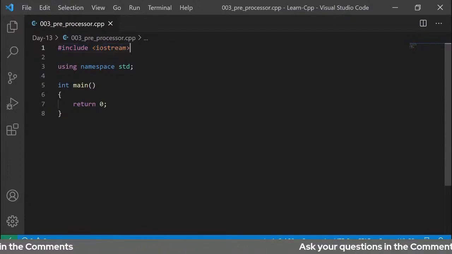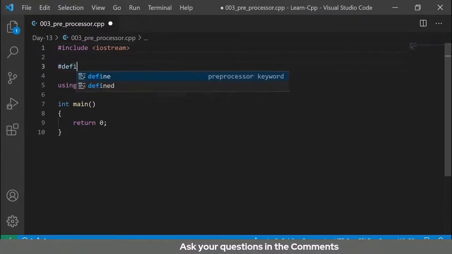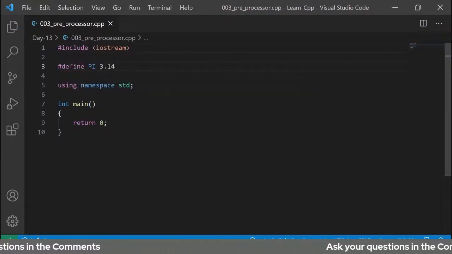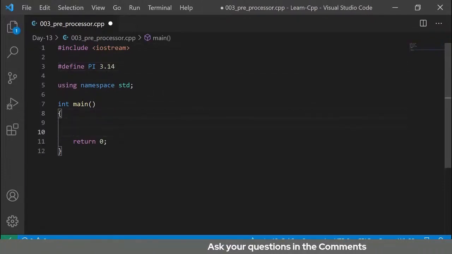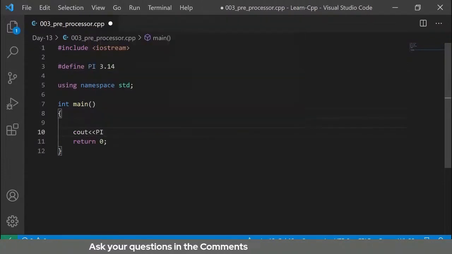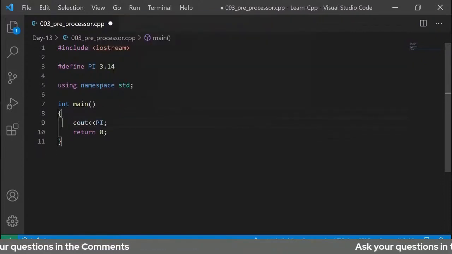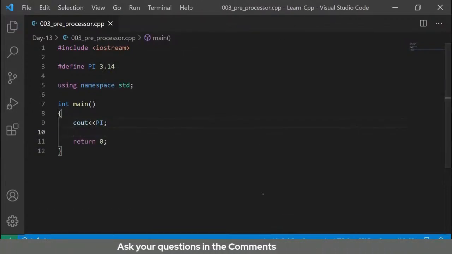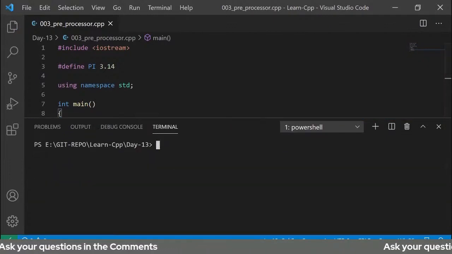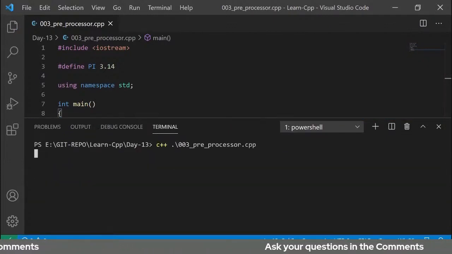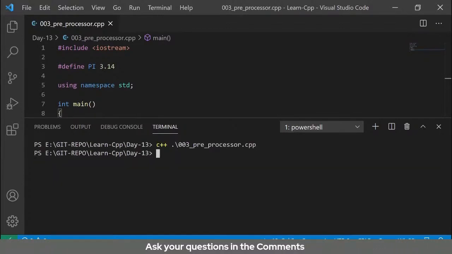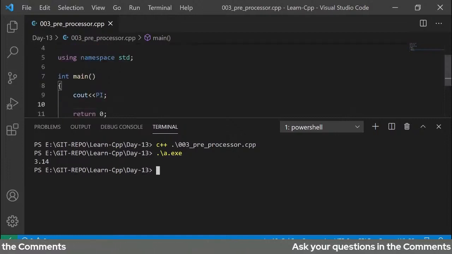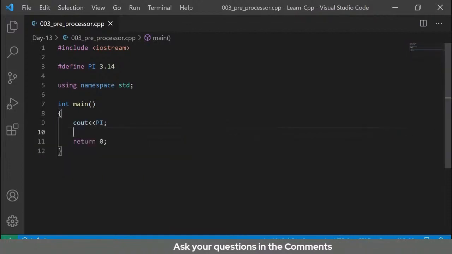ठीक है, अब ये हमने प्री प्रोसेसर यूज किया, प्री प्रोसेसर को हम देखते हैं। अभी मैंने किया एक हैशटैग डिफाइन पाई एंड आई एम यूजिंग 3.14। तो अब मैंने हैशटैग डिफाइन पाई 3.14 कर दिया एंड लेट मी सी आउट पाई। ठीक है, अब मैं सी आउट कर रहा हूँ पाई को। तो अब देखते हैं कि हमारा प्रोग्राम कर क्या रहा है। लेट अस सी व्हाट आवर प्रोग्राम इज डूइंग। ठीक है, इसने जैसे ही पाई आया, इसको उठा के यहाँ पे रिप्लेस कर दिया है।